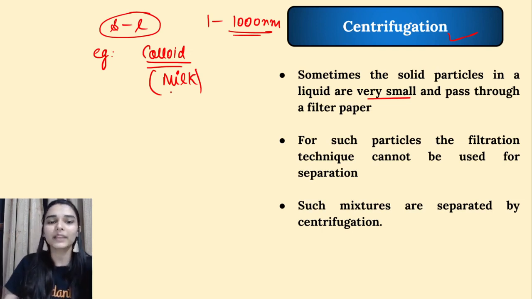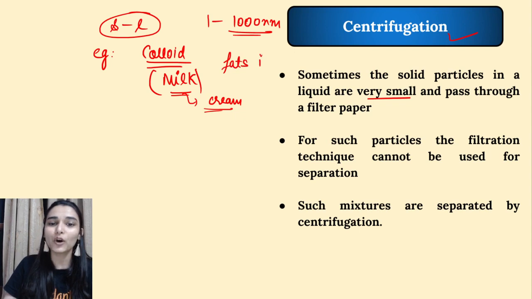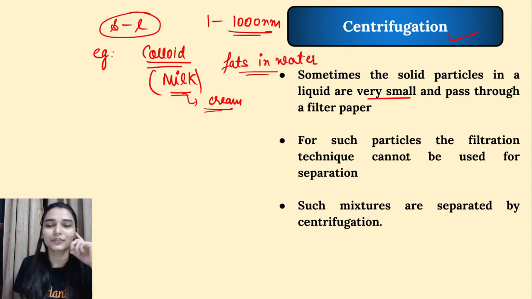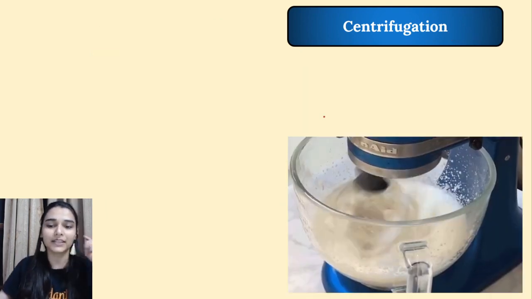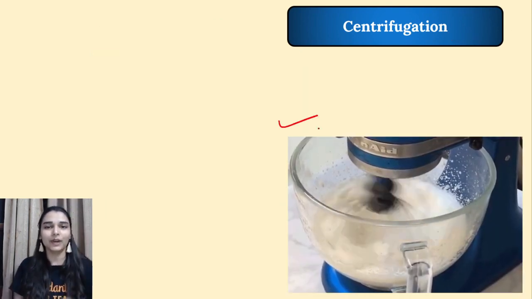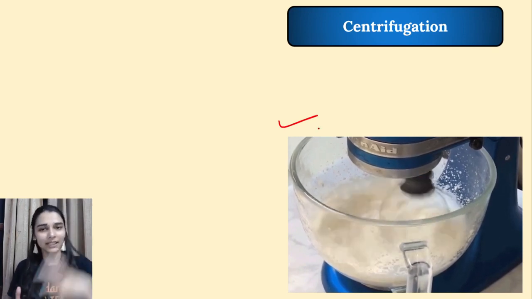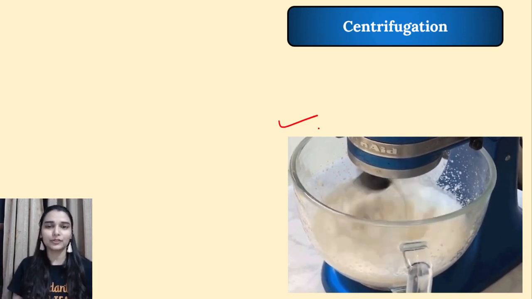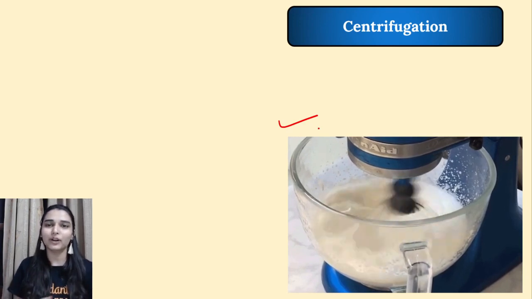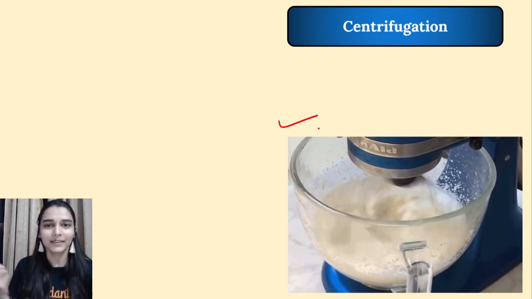In milk, if you do normal filtration, you cannot separate the cream. I know that milk is a colloid of fats dissolved in water, isn't it? So here we will do centrifugation, okay? And how are we going to do it? Like you do at home, you have your mixer grinder, you just take your milk there. All you have to do is spin it rapidly for about 4 to 5 minutes,